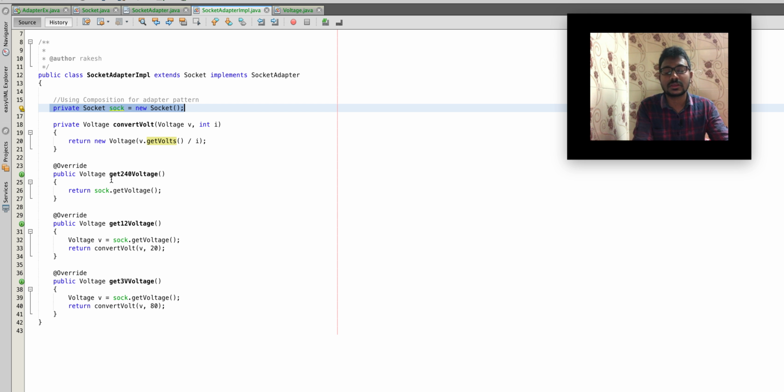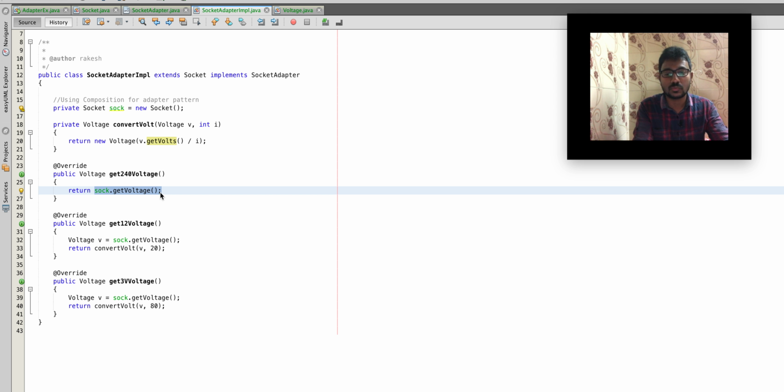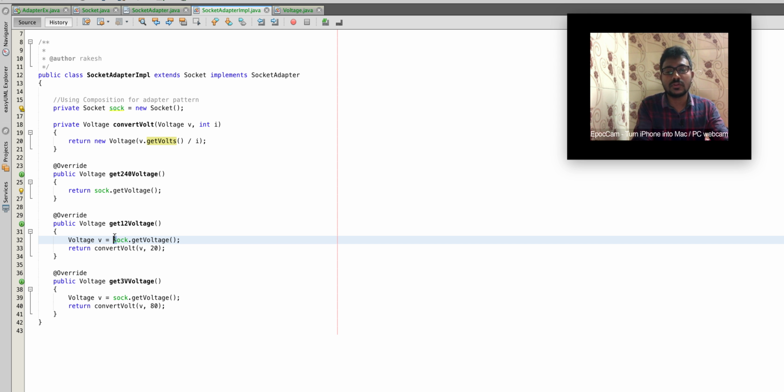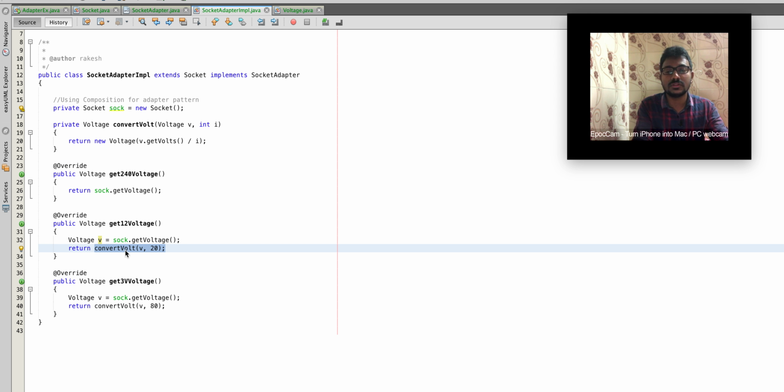So if the client is asking for get 240 voltage, then we can return the actual voltage by using this object. So sock.getVoltage would return the actual voltage 240. If our client is asking for get 12 voltage, then first we need to get the actual voltage using this object, which is 240, and then we need to convert this 240 to 12. 240 divided by 20, which means 12 voltage would be returned using this